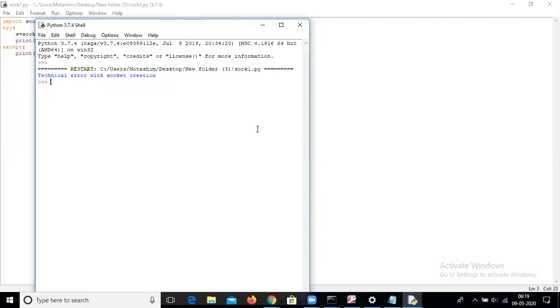Suppose they are going to an ATM to withdraw cash, and it says there is some technical problem. They don't know what the technical problem is, whether the server is busy, or there is a lack of cash, or the machine is not working. They go to the branch manager and say your machine is not working.